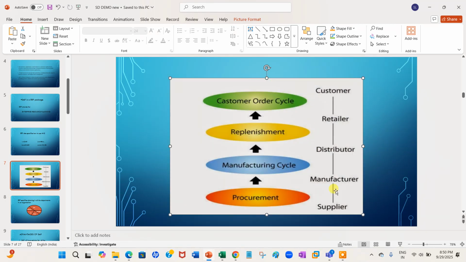Coming to supplier to customer, we have two parties. The customer is the person who wants any product. We are the customers. We need a TV, a laptop, a sofa, tables, everything, correct? The supplier is the person who supplies all these things to us. But from supplier to us, to reach the product, in between we have so many steps.